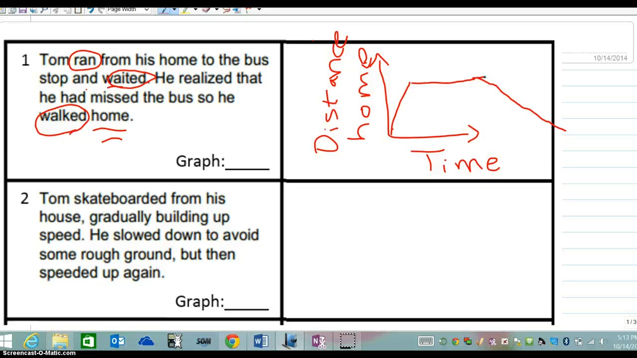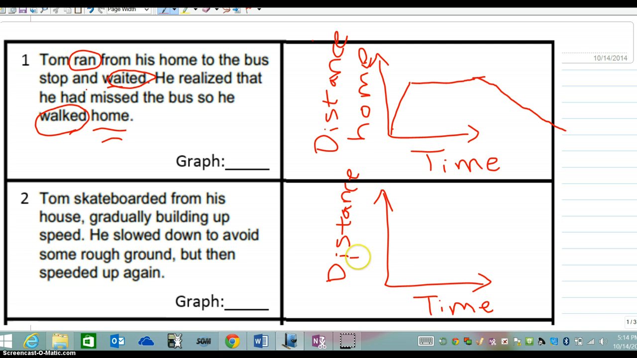Tom skateboarded from his house, gradually building up speed. He slowed down to avoid some rough ground, but then speeded up again. So again, I'm looking at a graph that has time and distance from home. So I'm going to read it again, but I'm going to read it part by part. Tom skateboarded from his house,